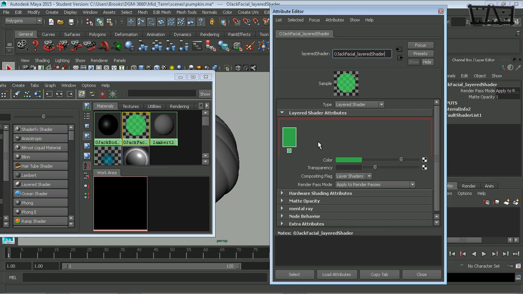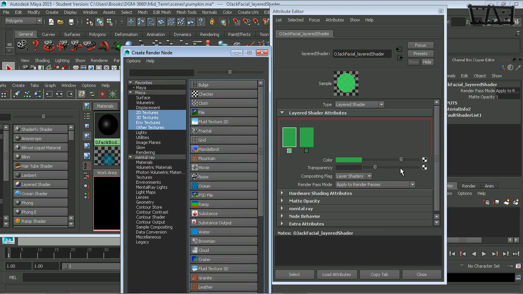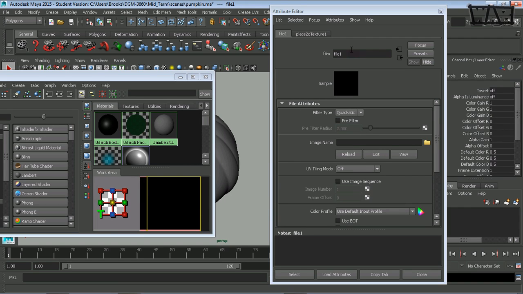I'm thinking through this as we go, just so you know. So the base color, well, we need 2. So we just click to the right of this color swatch, and it gives us a second one. And on the first one, let's give it a file, and this is going to be the facial, let's see, OJack facial